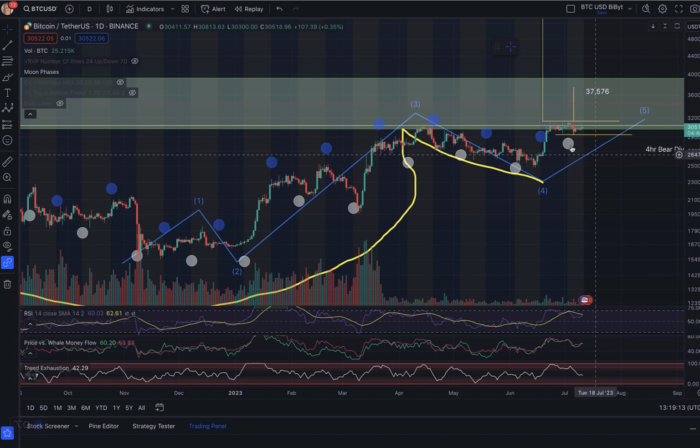So here's our full moon. So our new moon is on the 17th. The new moons are at the top on this indicator. New moon usually means we find the local top, and then we get some kind of sideways action and reversal, right? So if we come down here to the 17th,